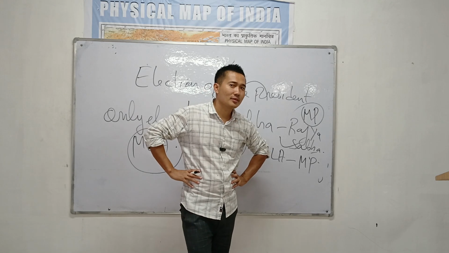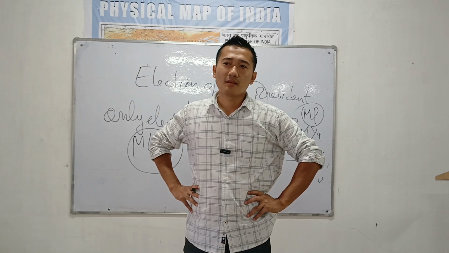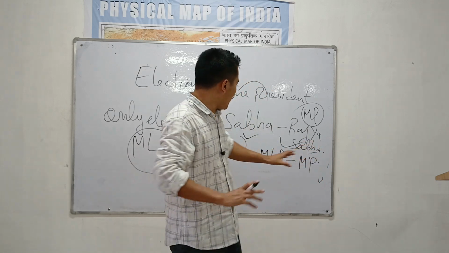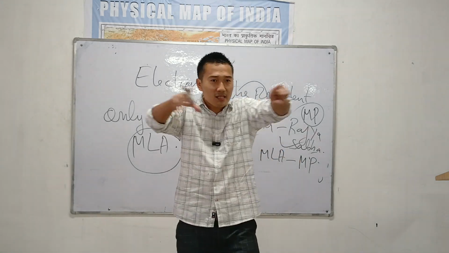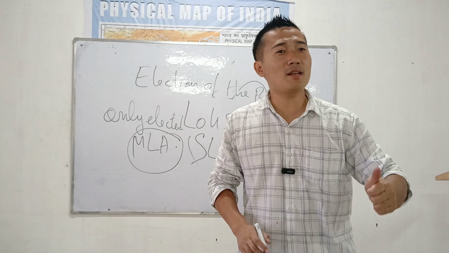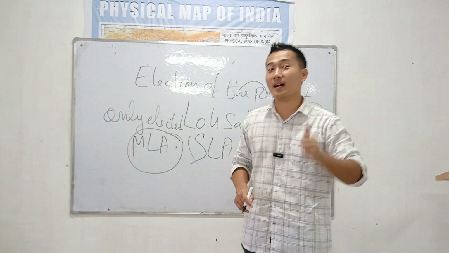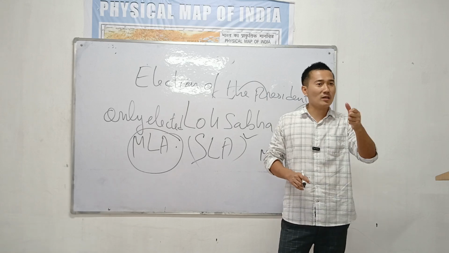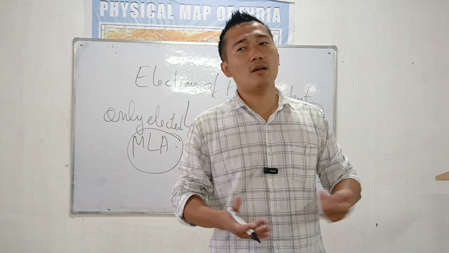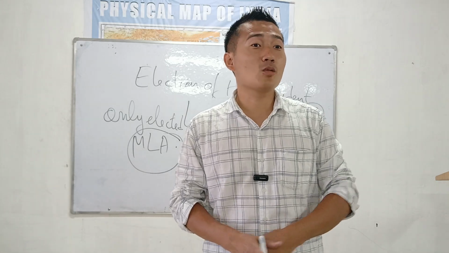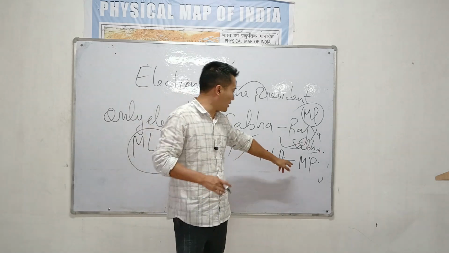According to you. In short, just remember, the value of an MLA's vote will be less than an MP's. Because an MLA is elected from just a small constituency. But when I say member of parliament, it's a big constituency. Just take the example of Nagaland, we have one Lok Sabha and one Rajya Sabha member. So see, the population of Nagaland is around 20 lakhs. So only 2 representations, so almost 10 lakhs population is represented by 1 MP.